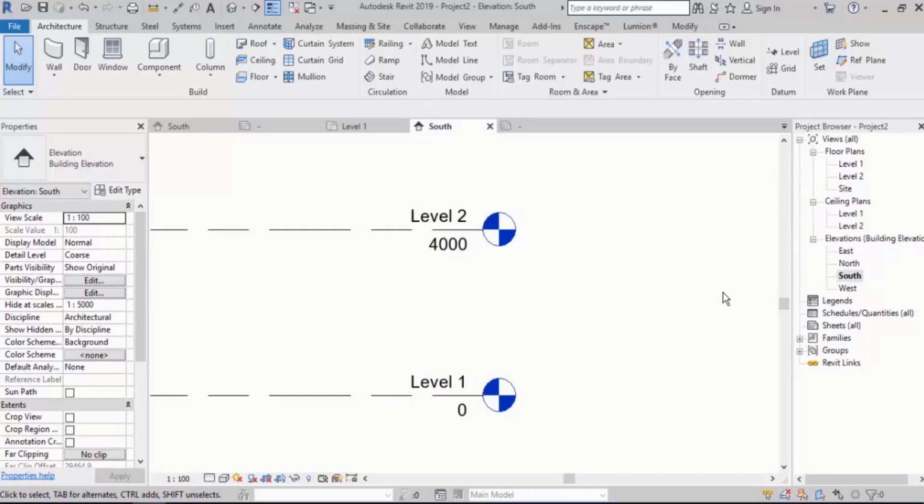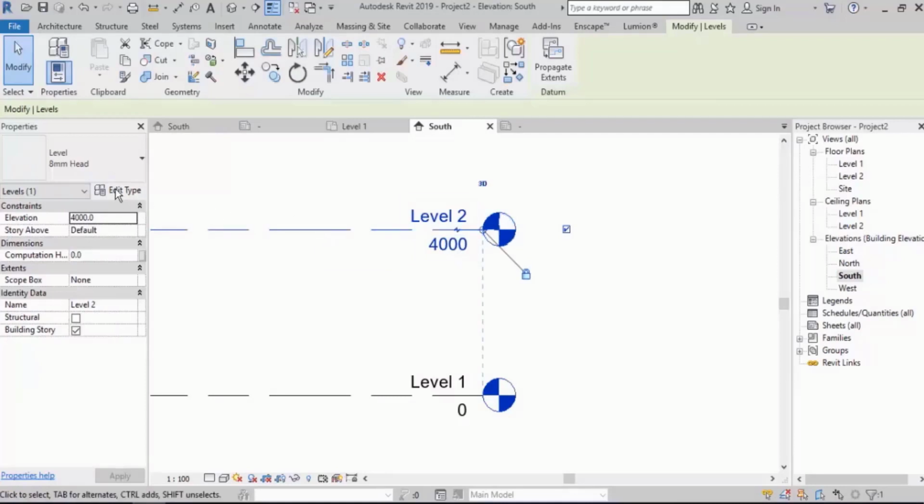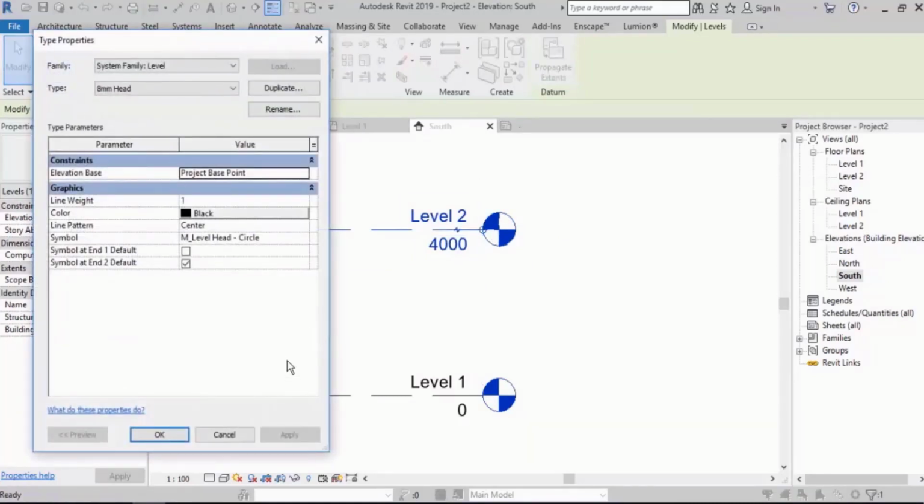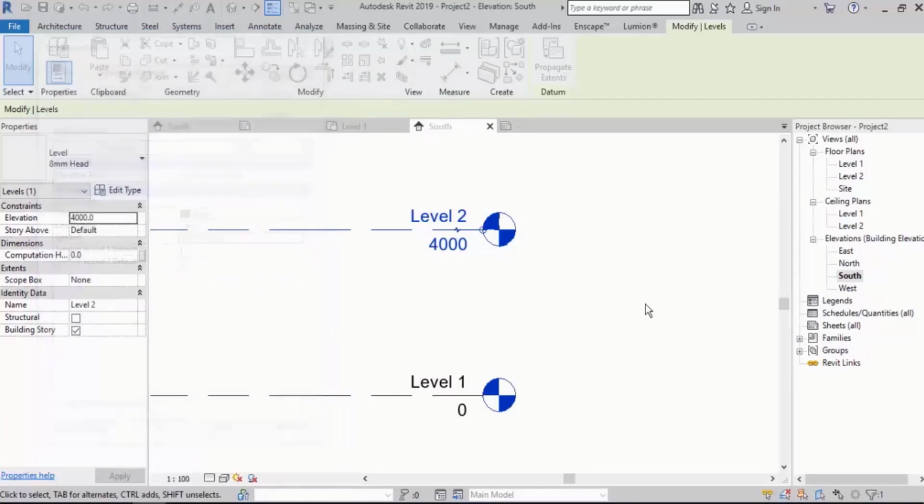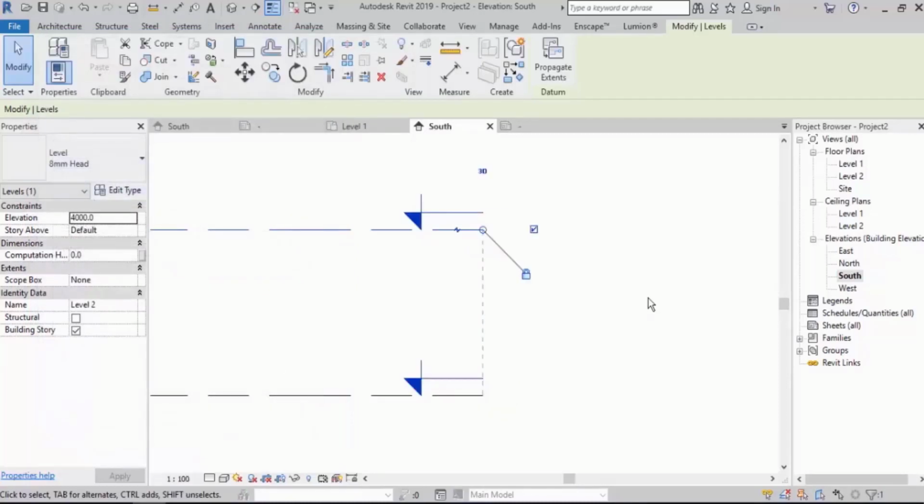Now you just need to inform it that I want this, right? So I select it. I'll go to the edit type. The only thing that happened was that this was added to these options. So the mistake that many people make is they make a family, they build it, they load it, and they expect it to change. No, it's just added. Now I inform it that I want this. Again, what happened? That's right, because we didn't place the labels, the name and the code of the height did